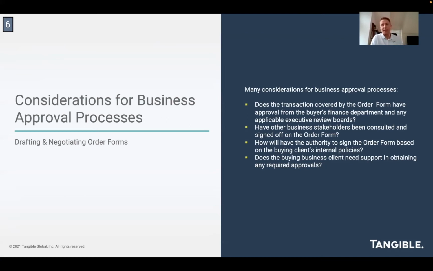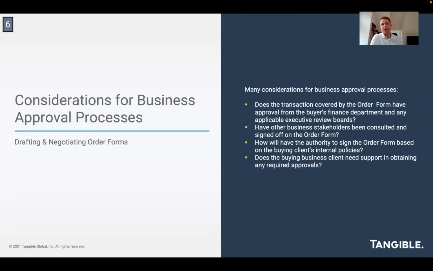So the points on this slide basically urge you to consider the overall path of the contracting life cycle and make sure that your transaction and the order form that accompanies it is clear for takeoff, flight, and landing, meaning that it's going to pass all phases of the contracting life cycle without missing any special or important approvals.